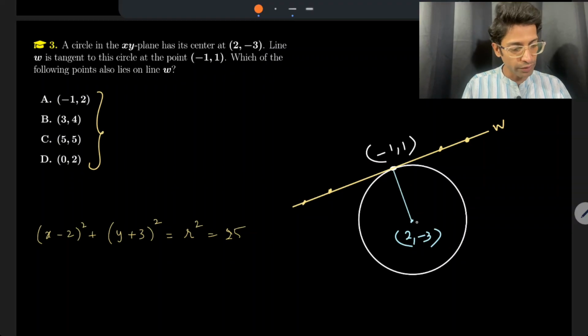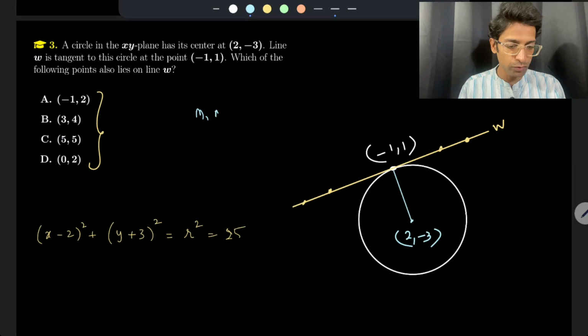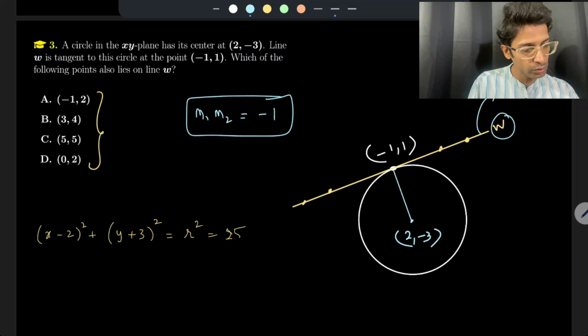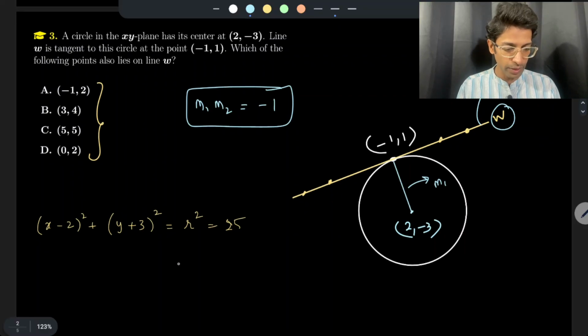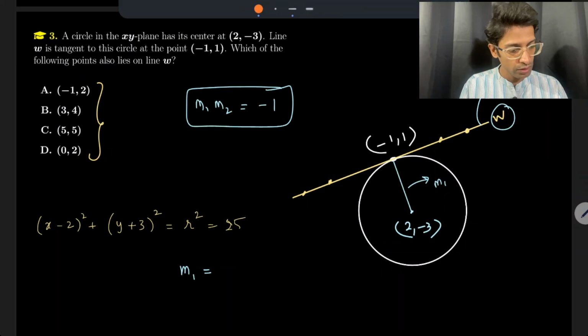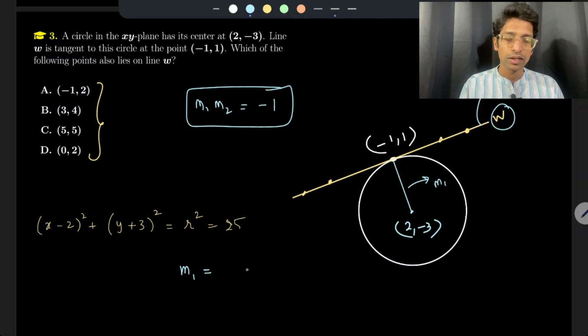So first we shall find the slope of this line, and because this angle is 90 degrees, we know the relation: the product of two slopes which are 90 degrees to each other should be -1. So we'll use this particular relation to find the slope of W. Let's call the slope of this line M2. Let's call the slope of this line M1. So how do we find the slope M1? You already have the coordinates of these 2 points. So with these 2 coordinates, I can find the slope of the line M1,